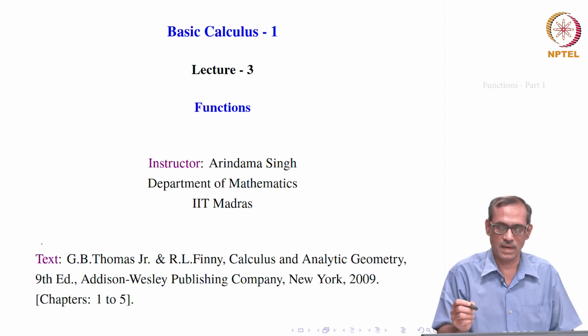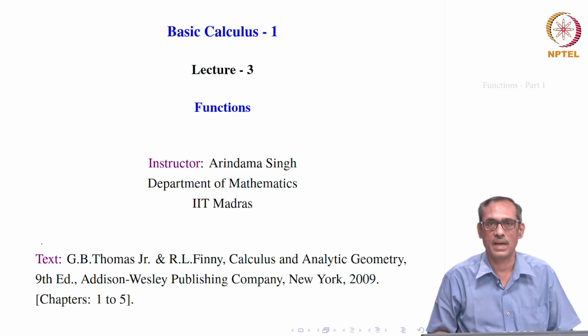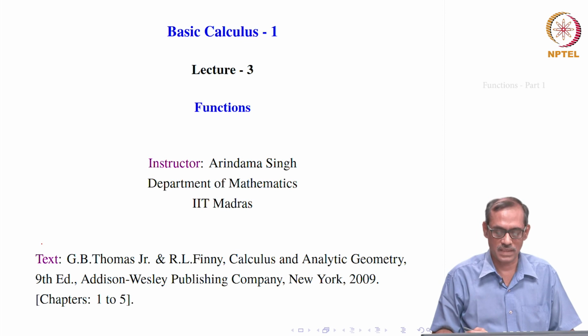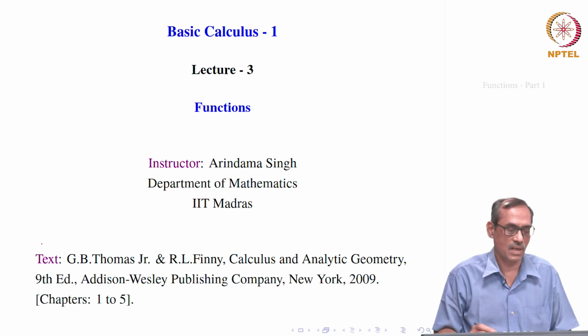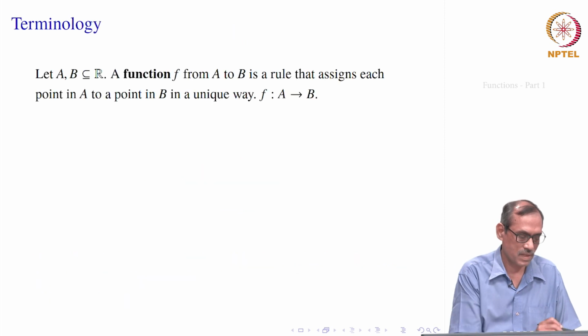If you remember, in the last class we did something about the absolute value. For any real number x, you define mod x as either x or minus x depending on its sign. For example, mod of 1 is equal to 1 and mod of minus 1 is also equal to 1. That defines a function from real numbers to real numbers, which takes all positives to themselves and all negatives to their corresponding positives, and of course 0 to 0. This is how a function will carry over. We will be defining a function soon.